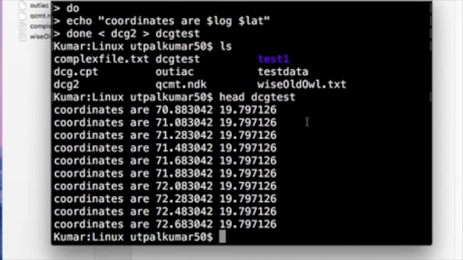Great. So we can read files using the while loop also, but sometimes it gets tricky to use a while loop. Of course, you can read any kind of file using the while loop, but we should go for